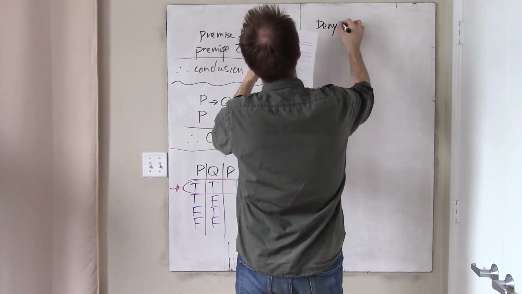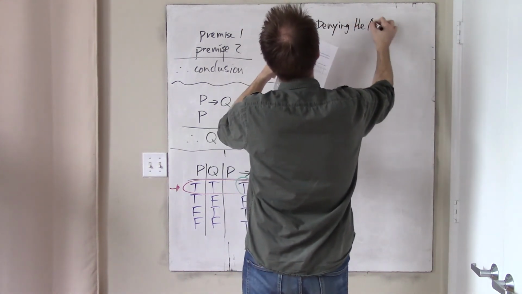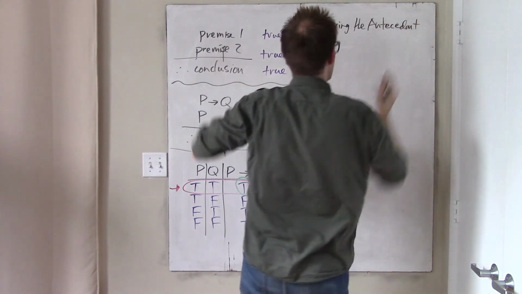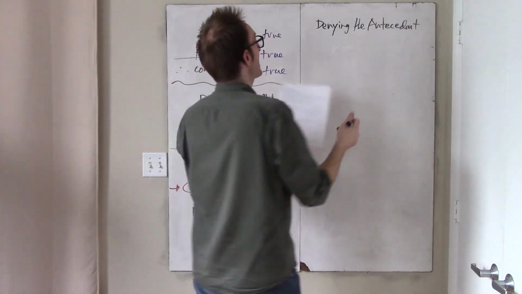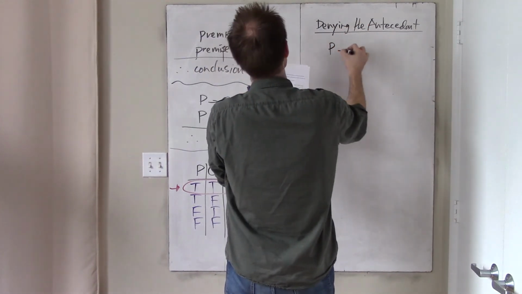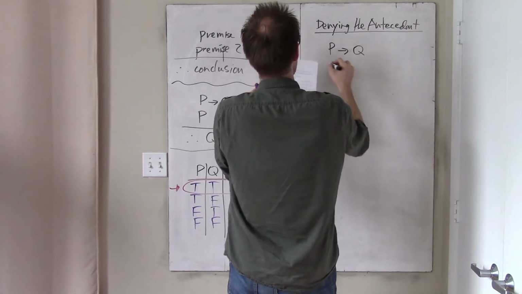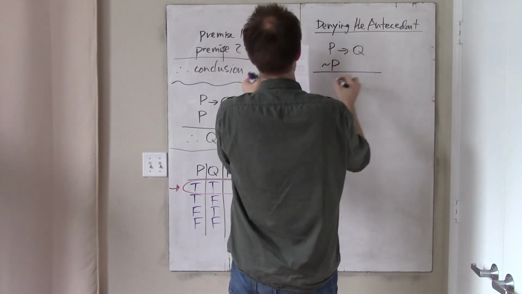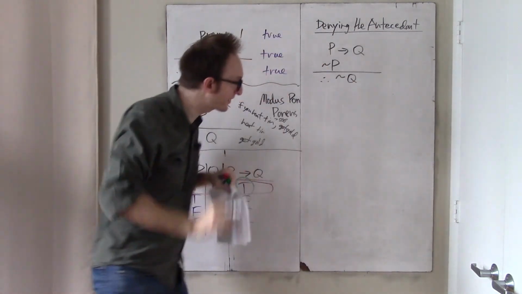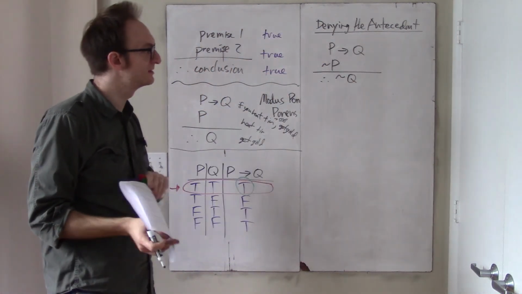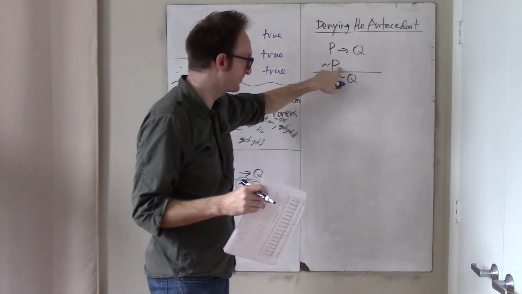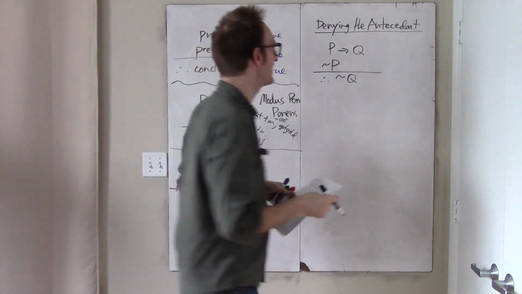So there's this thing called denying the antecedent. It goes like this. I'll just tell you, if you look this up, if you Googled this phrase, you would find that this is the argument. P arrow Q, not P, therefore not Q. Alright, if you don't think about it at all, maybe it sounds kind of good, right? Well, if P then Q, but not P, so therefore not Q. Alright, but